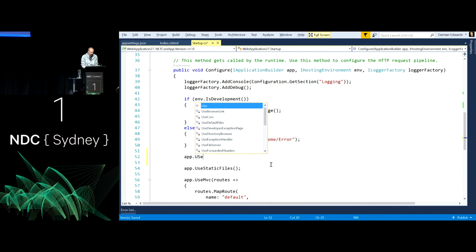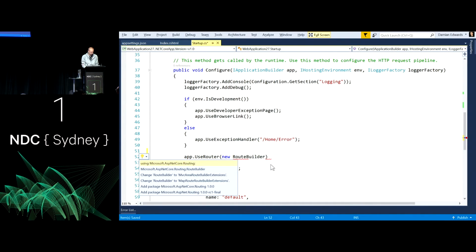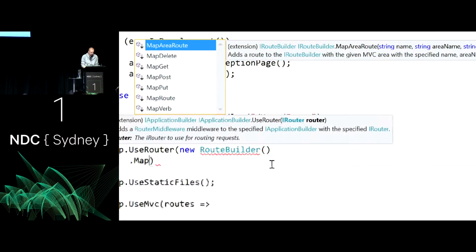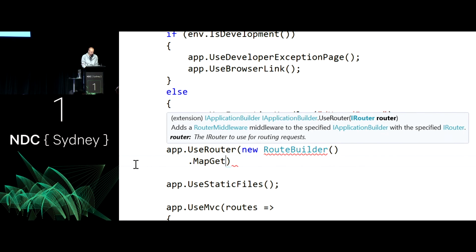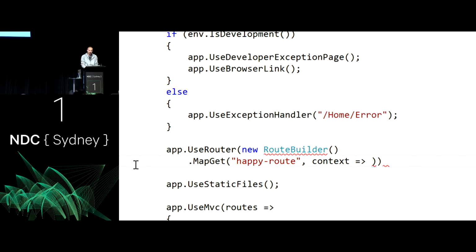I can say use router, and I can say new route builder, Control dot my way to glory, and I can say dot map, zoom in a bit so you can see this IntelliSense as it comes up. I can say map get, and I can say when happy route matches, I want you to go ahead and run this middleware. Context dot response dot